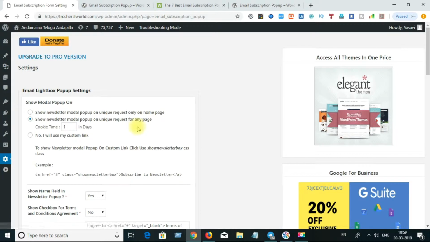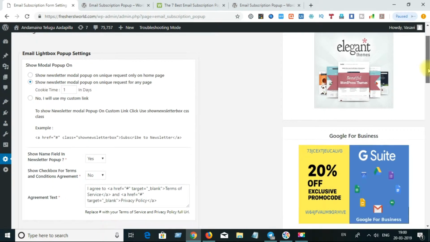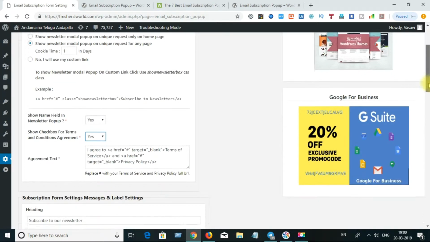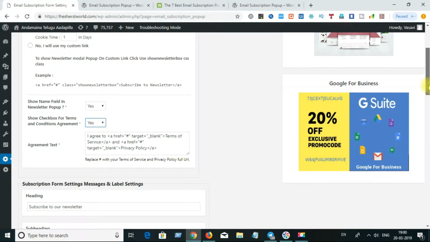So try to find the icon in the left hand navigation related to this email pop-up and click on the settings related to that, and try to check each setting available. Here you can see show modal pop-up. Okay, meaning whenever website users visit your website, it should display a pop-up to ask them to subscribe. You can display other fields also as part of your pop-up. All these customizations you should do from the settings icon.